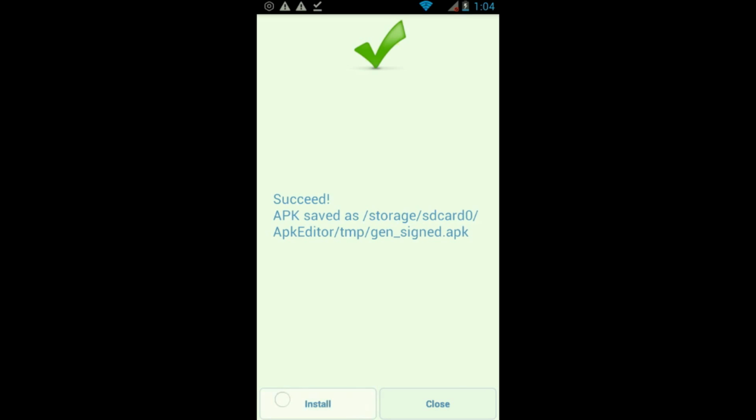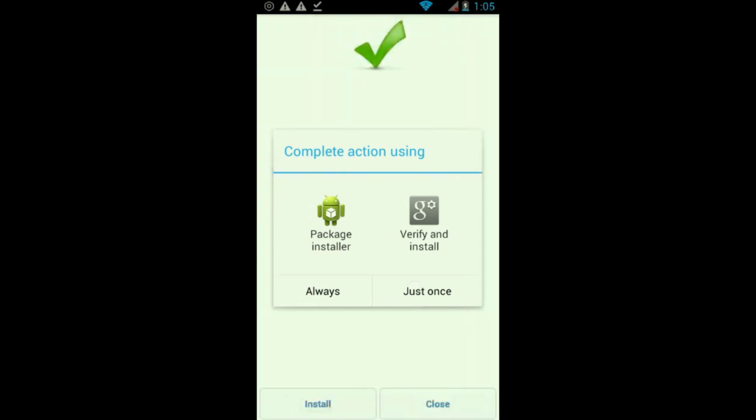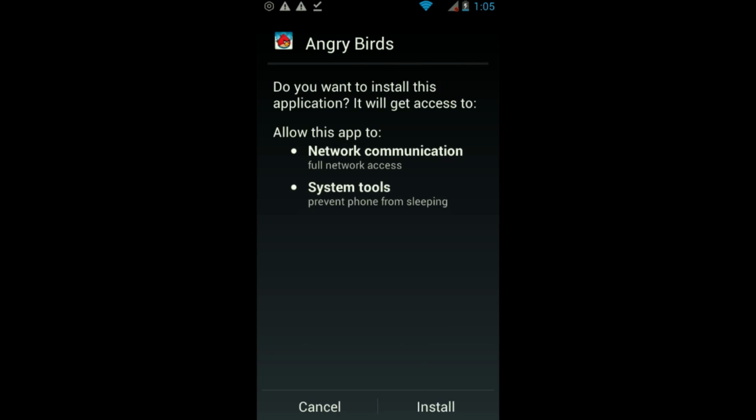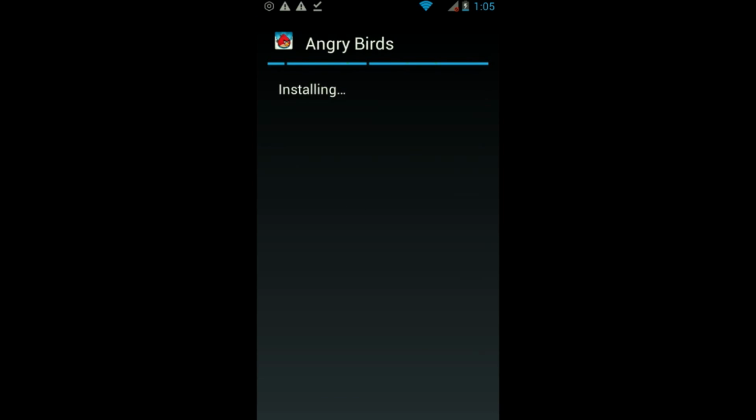And then we can install the new one. We can open it, and we can see the new level in action.